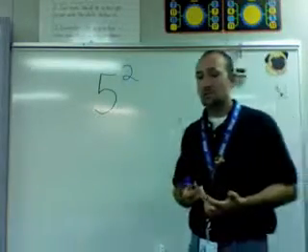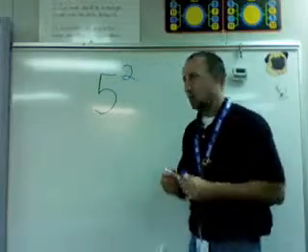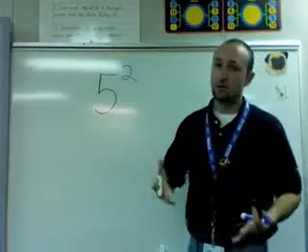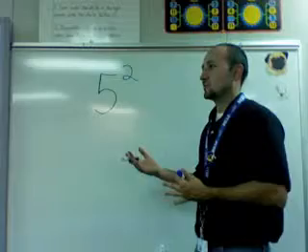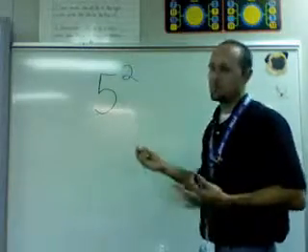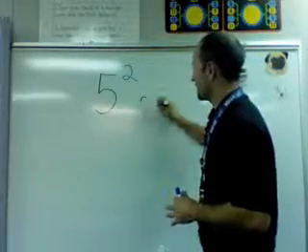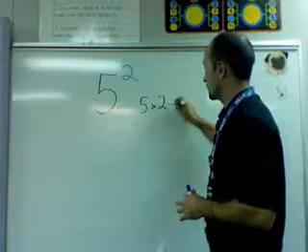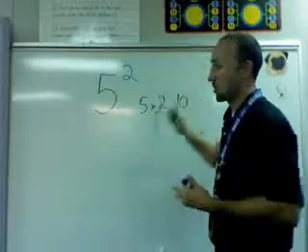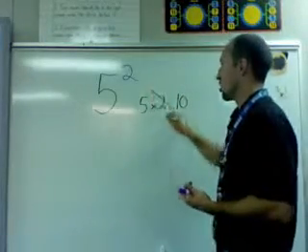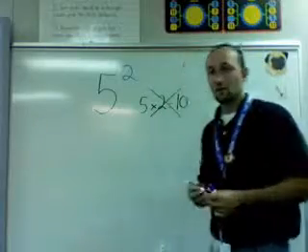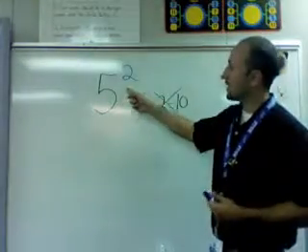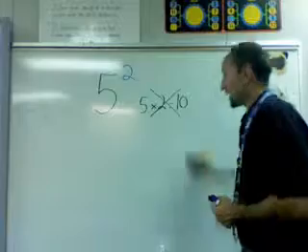The most common mistake people make is that they see the 5, they know they have to multiply, and they say, oh, I know what it is, it's 5 times 2, and that equals 10. The problem is, that's wrong. That's not how you do exponents. It's not 5 times the number. What it actually is,